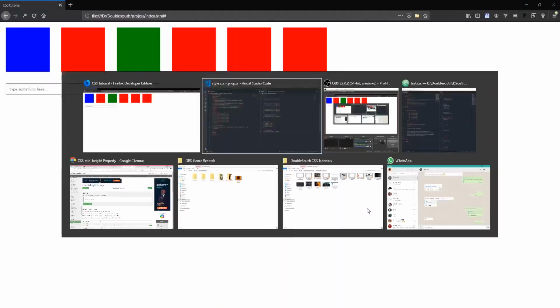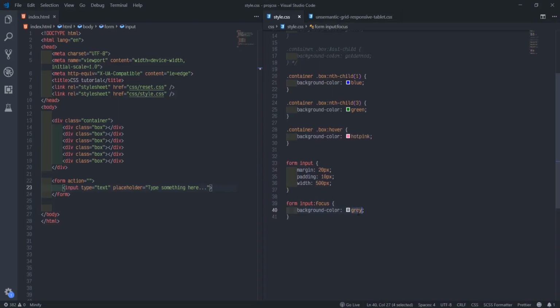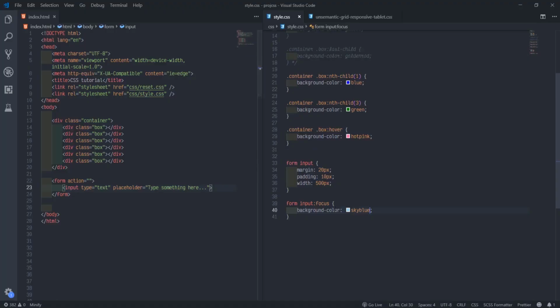So maybe just change the color to sky blue. You see, by the time we click inside now and type something, you see the color change. Ultimately they work like that because of this focus.